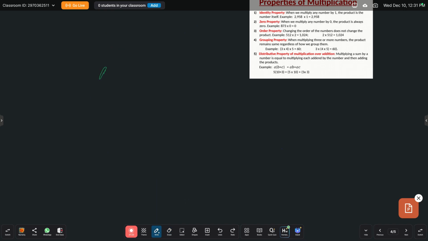So suppose I take numbers like this: A, and inside the parentheses, B plus C. These numbers are the addends. This number A is outside the parentheses. It is in multiplication with B and it's also in multiplication with C. So I can write it like A into B, then I have to keep this plus sign here, and then I will multiply this A with C. So it will be equal to A into C.